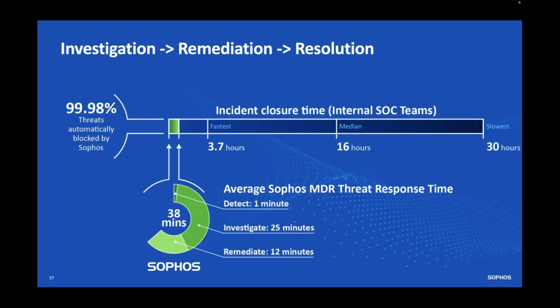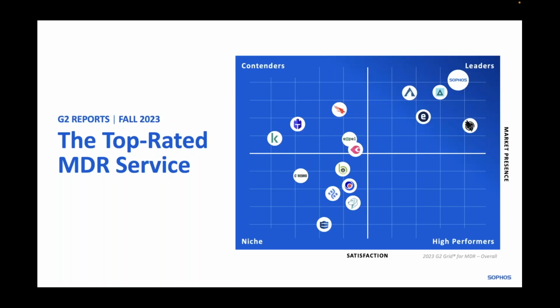The cyber criminals will inevitably be stealing data, encrypting data, leaving back doors to come back to later, and nothing positive is going to happen in that time. 16 hours with the cyber criminal rolling around your estate is not ideal. So the mean time to respond of 38 minutes, hopefully that really illustrates the value of shutting down that window of opportunity, minimizing the cyber criminal's capabilities to do anything malicious inside the estate. So that gives you a bit of an idea about what our service is.